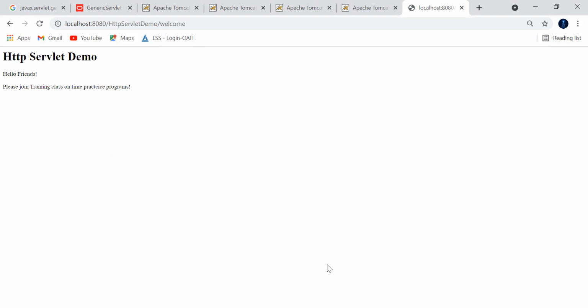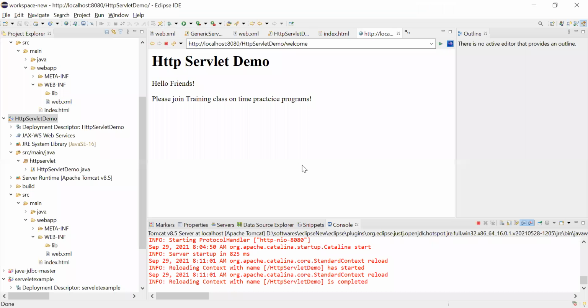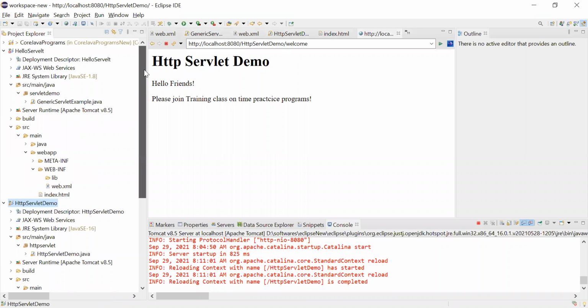Any doubts? Are you clear on what we discussed today? The most important thing is you have to install Tomcat in your Eclipse, or you have to install it outside of Eclipse.